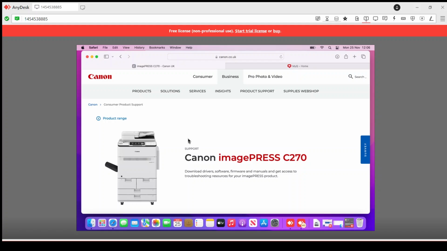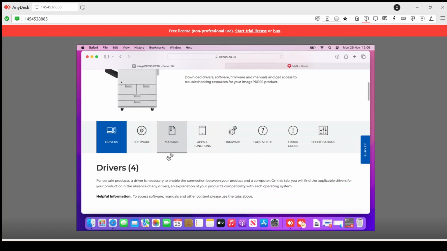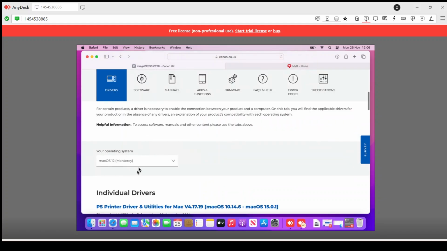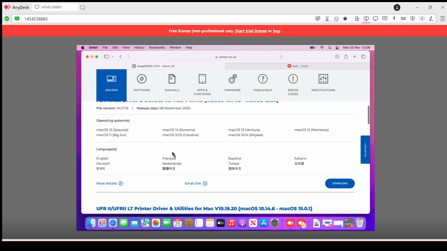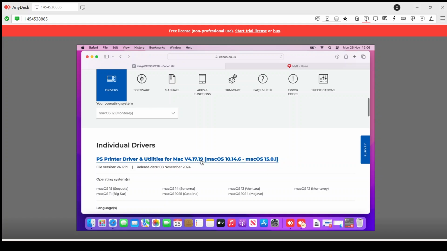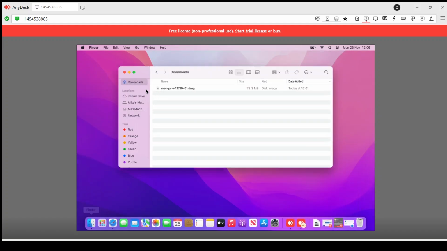Okay, so to start, what we want is to go to Canon's website and get the driver for our particular machine. So in this case, we're using one of these. Go to drivers, and then pick the version of Mac you want to use, which in my case is this one, and then download this bit here, which I've already done. So if I go down to my Finder, there's that driver. If you just run that,